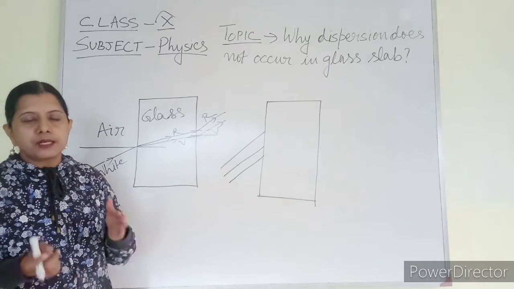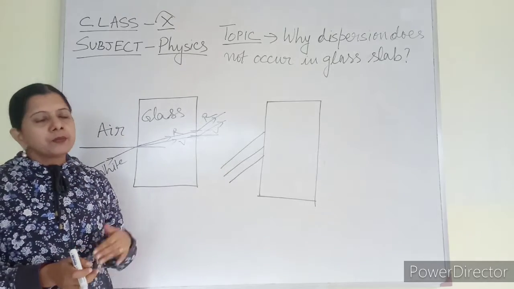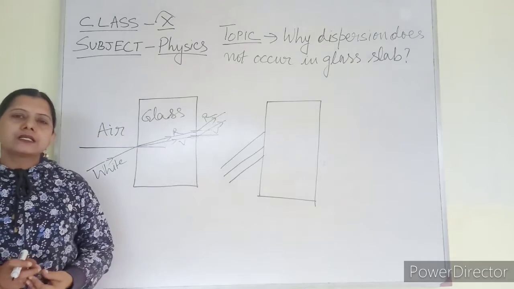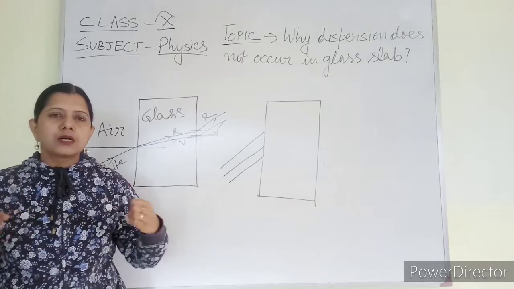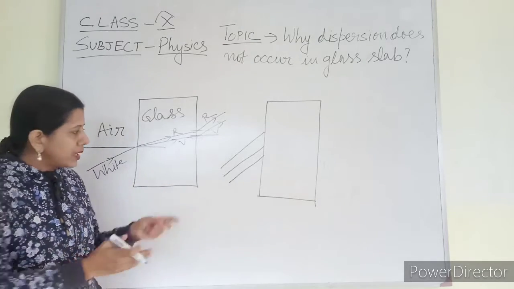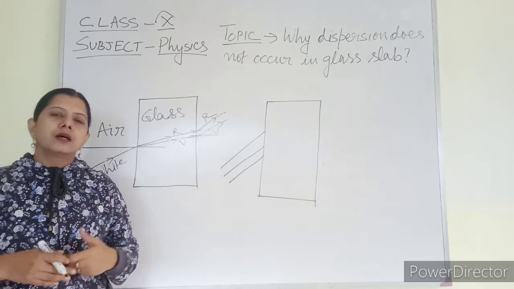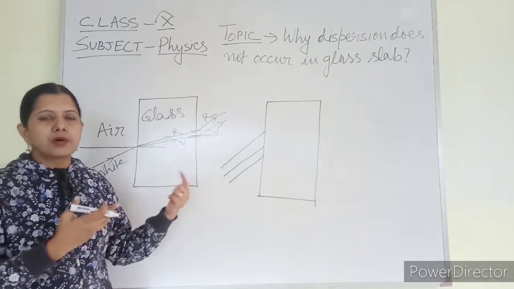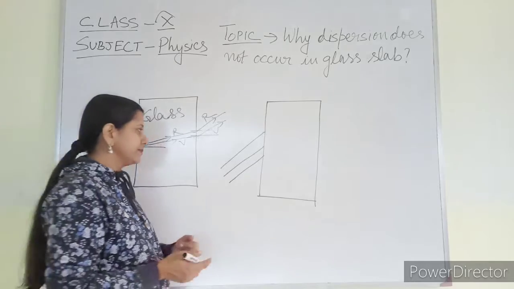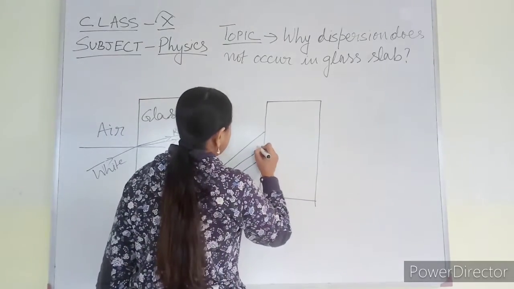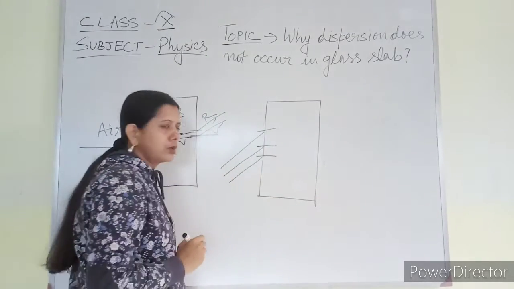Actually these are not separated, they are together. But I know that white light is made up of a large number of bundles of rays together. So I am separating the bundles. Let us consider that I am watching through a powerful microscope. So one normal here, another normal here, another normal here.